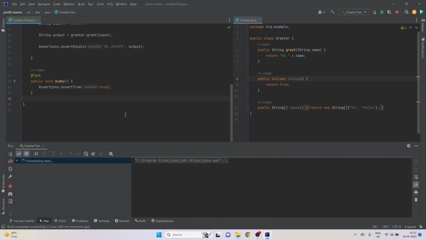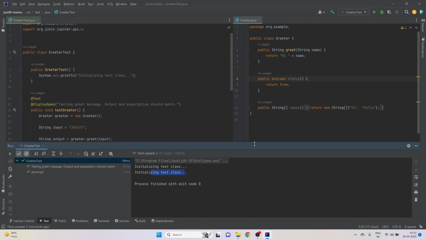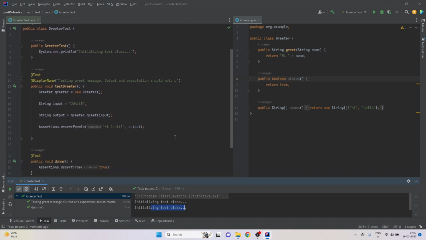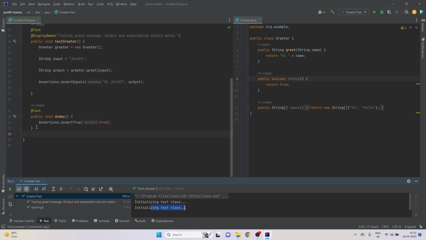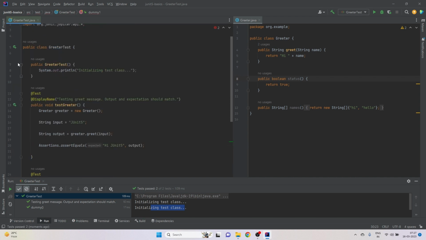In this case, there are two. So we see both the test cases are successful, but on the console, we see the constructor was called twice. It means the framework created two new objects of the same class in order to run two different test case methods. Okay. If we add another test case, dummy1, and run again,